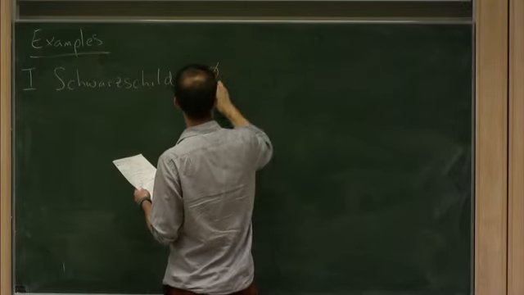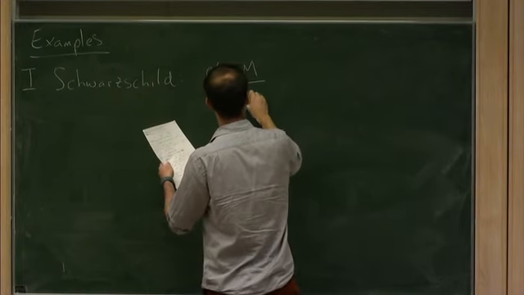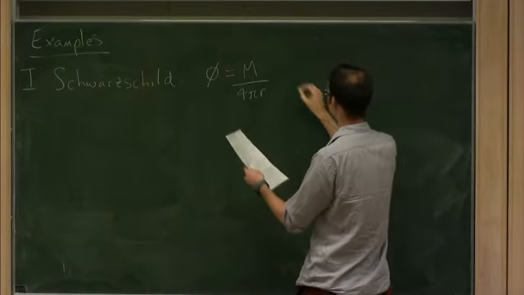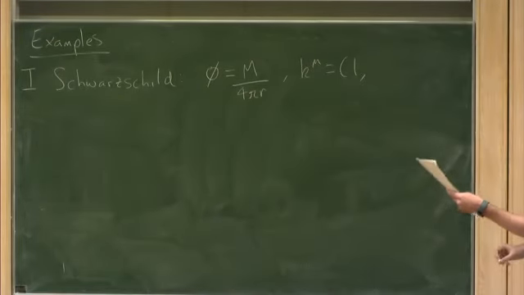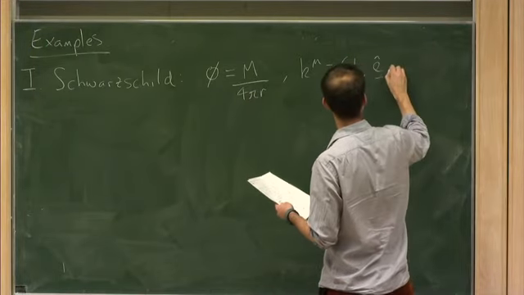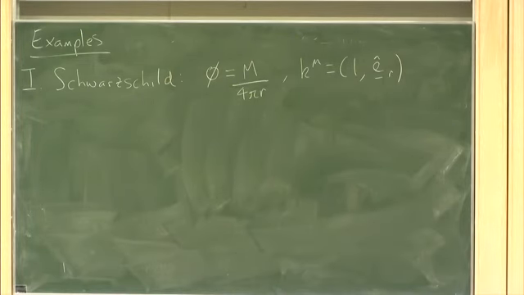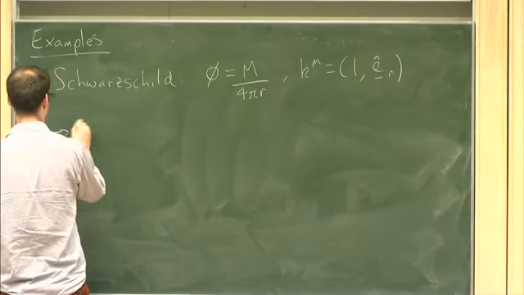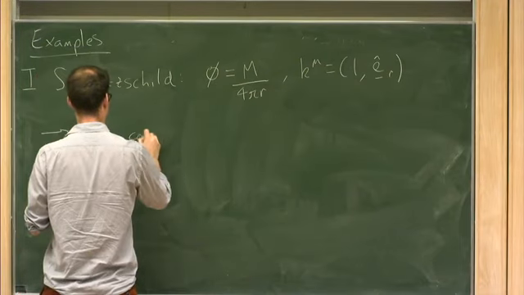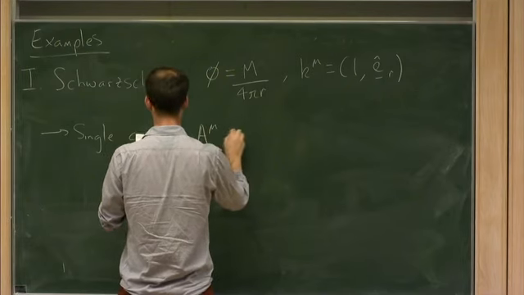Now that in this Kerr-Schild language, it does have its own Kerr-Schild form. The field phi is given by m over 4 pi r, where r is just the radial distance, and k mu, this Kerr-Schild vector in that case, has 1 in the time-like direction, and for the space-like bit, it's a unit radial vector. And so if you take the single copy of that, you get a field A mu, which is,